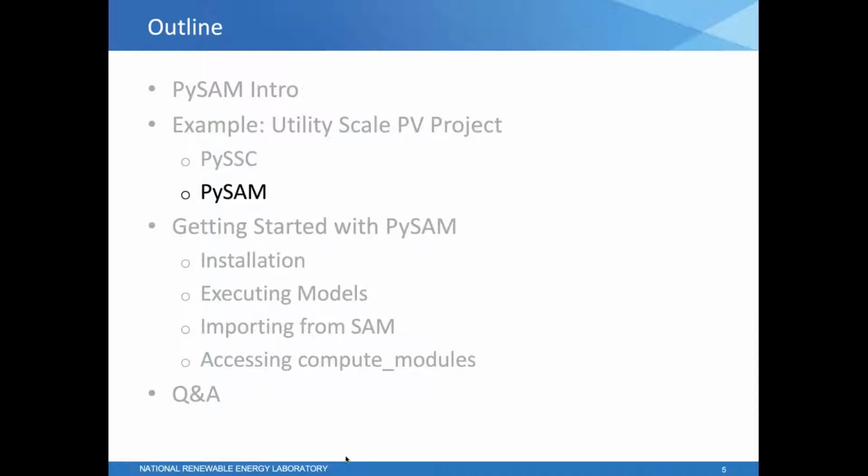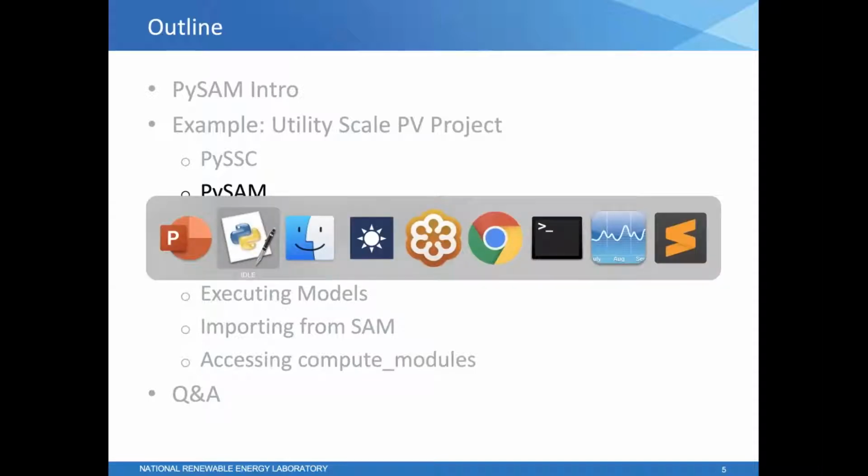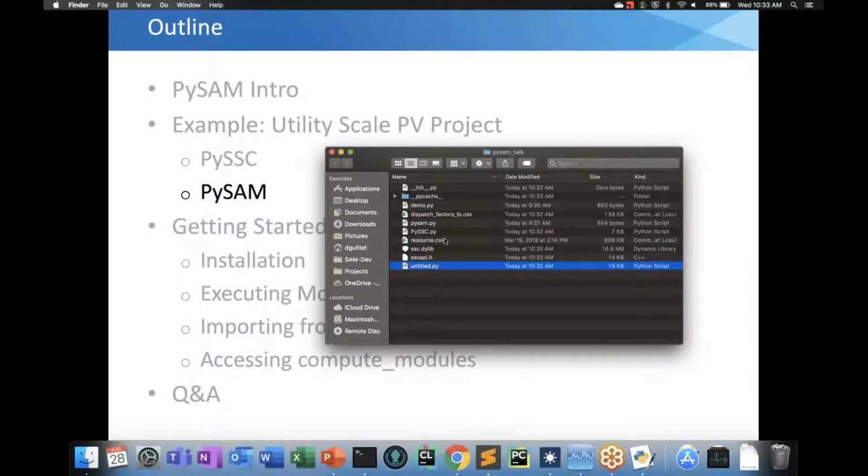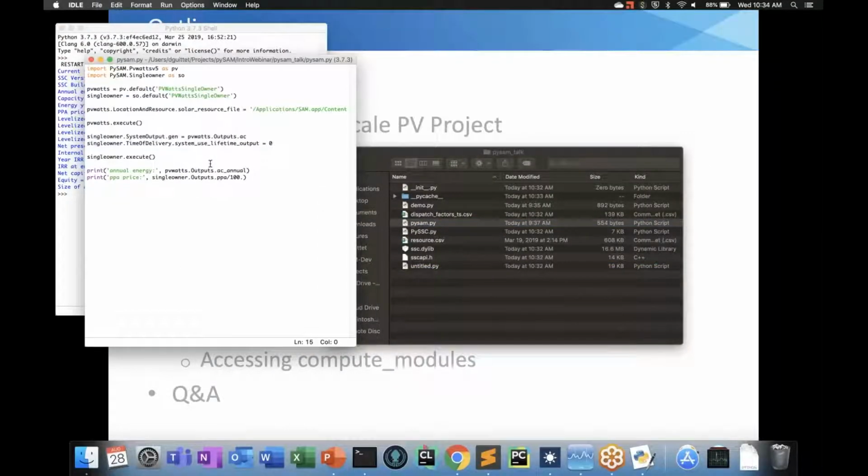Next, I'll show how to run the same simple case in PySAM. Default configurations are now accessible from PySAM. So I've written a simple script that performs the same simulation. So in this script, we start by importing the PV watts and single owner modules from PySAM. Then we will create default PV watts models and a default single owner model with default configurations from PV watts owner. Next, we'll set up the solar resource property in the location and resource group to be the resource